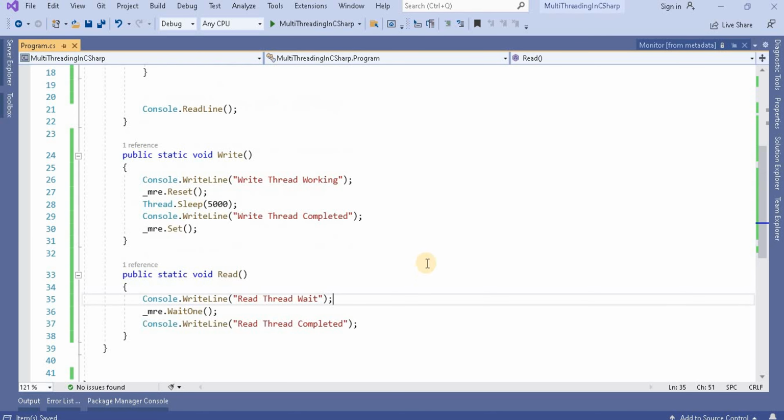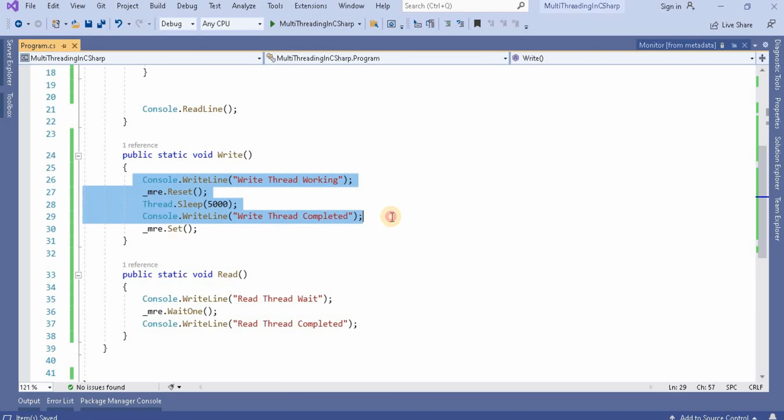Now let's run. Until the write thread is working, it takes 5 seconds to complete this work. Once this thread completes the operation, the read thread has to wait. After 5 seconds this thread needs to start working.